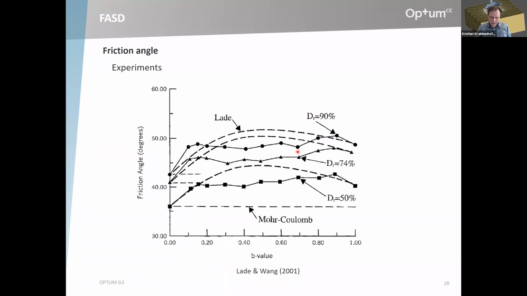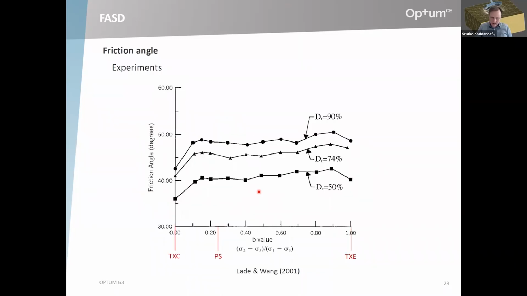You would say, well, Coulomb is just one failure criterion. Couldn't we come up with something else? And people have, of course, done that over the years as well. Lade has, I think, at least 2 criteria, and one of them is shown here. I guess what he's done is match the data in extension and compression. And then, unfortunately, everywhere in between, the fit is not exactly fantastic. It's pretty terrible, actually, and it's unconservative as well. So